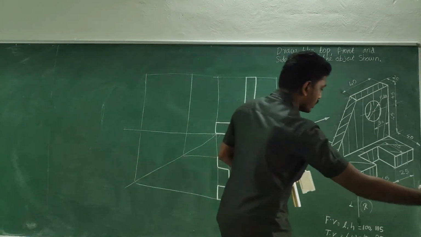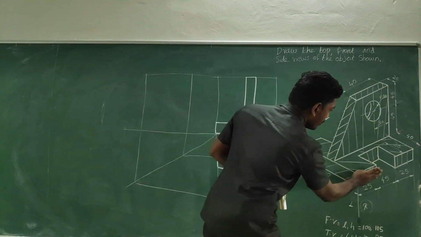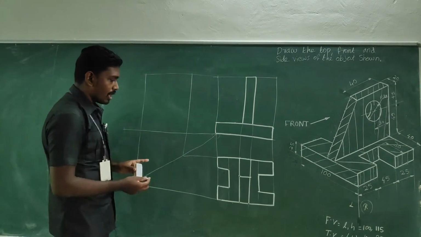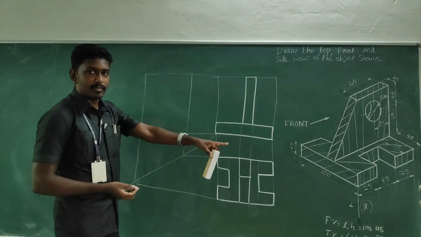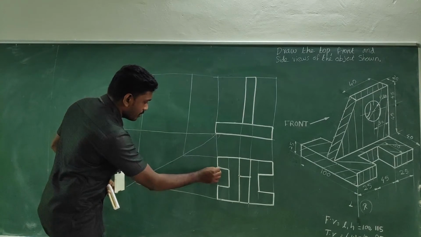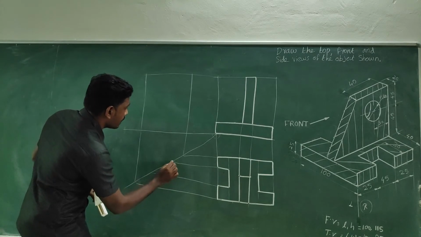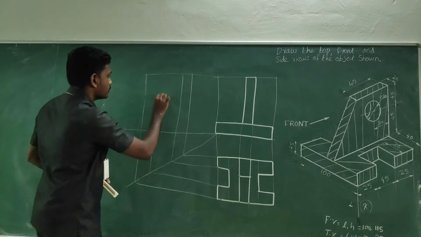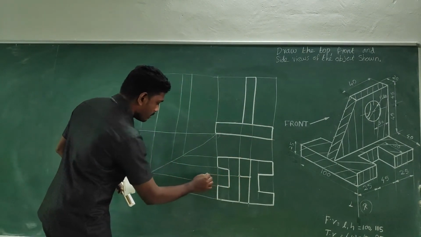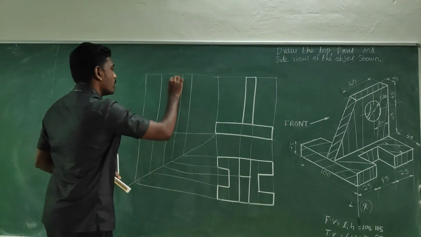Right? When you are looking from the side, this wall face will be visible, as well as the bottom base, right? So this should be captured. Almost all the things about the dimensions of the base are coming in the top view, so we can take the reference from the top. I'm going to take this thickness and just take it to the view. So it comes like this, and the top measurement is here. So you can take the measurement by the projector and get it to the boundary.